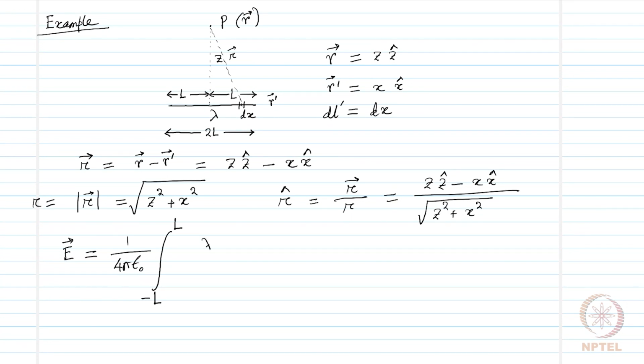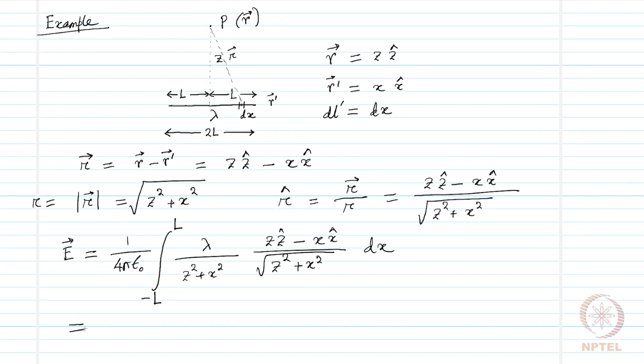We will have the line charge density over z square plus x square, that is the distance squared. Then comes the unit vector along the distance, that is z cap minus x cap over square root of z square plus x square, times dx,